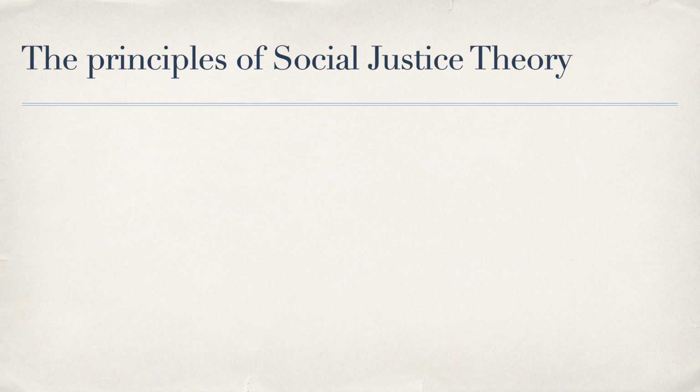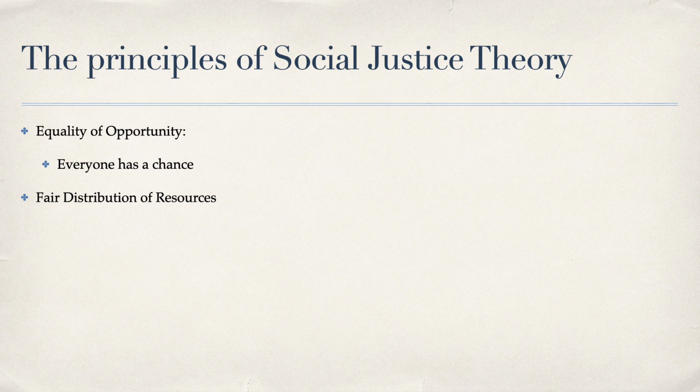Social justice theory is defined by having 4 different principles. Equality of opportunity is looked at to create a level playing field where everyone has a chance to succeed, regardless of social standing, background, or identity. Fair distribution of resources focuses on the unequal distribution of resources between wealth, power, and opportunities. This will aim to create a more equal society when necessary to make sure these resources are shared equally between